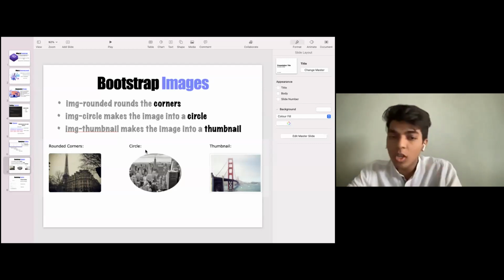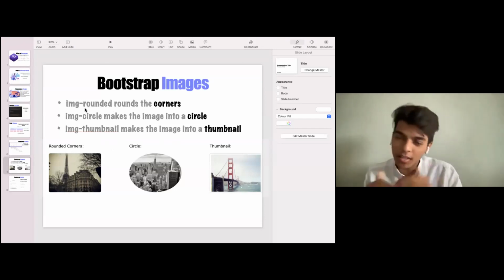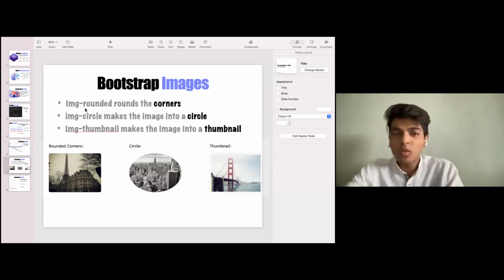If you use image circle, you will be getting image circle. And if you use image thumbnails, you will be getting image thumbnails. So I'll not be actually focusing on the Bootstrap images, because you need to just go through this class, place it in, download the boilerplate, write down that div part, assign an image to that, and use this class. And the things that I've displayed on the screen would be visible to you in the same way.